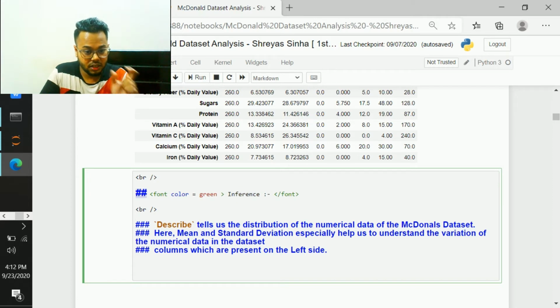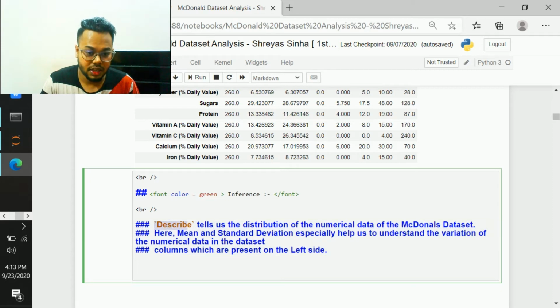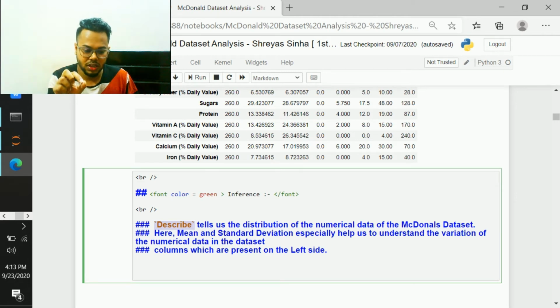That again is a little bit bold. As you can see, I have used only two hashes, and for the rest of the lines which are coming under inference, I have used three hashes, so the font sizes are smaller, right? Again, describe is within, I would not say those are quotes; those are tildes. I've used the tilde function, and that gives a different look to this word, and that's what I wanted. I wanted a little bit of a different look for describe, so I went for tilde, right?